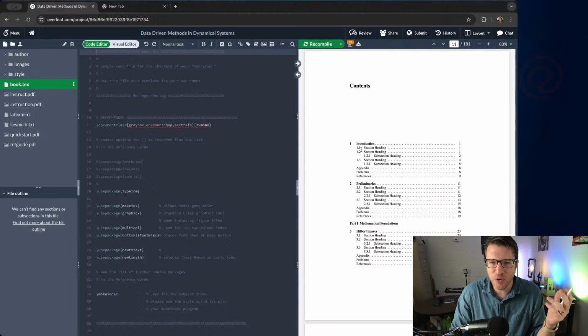And so we have a whole bunch of little extra things we can ignore here, but generally speaking, the idea is that we're trying to put in the mathematics of machine learning, and in particular, I want to talk about the mathematics and the machine learning methods that go into data-driven methods in dynamical systems. So it's going to have a bunch of preliminaries, and that's going to include basic analysis, Fourier Transforms, stuff like that. I'm thinking about putting the Fourier Transform stuff actually in the appendix, but one or the other, and that's what we're going to be talking about today.